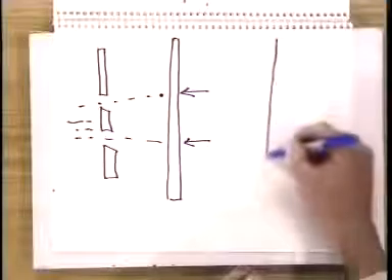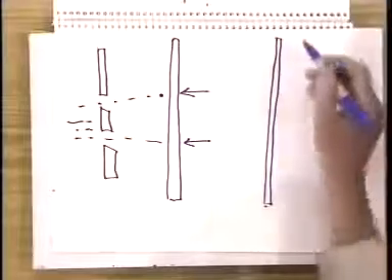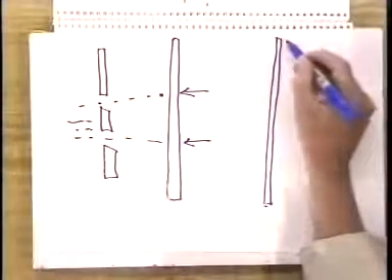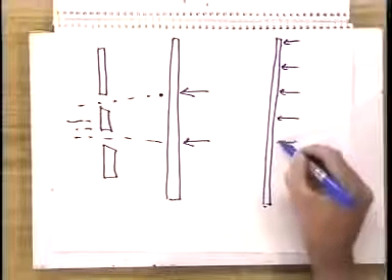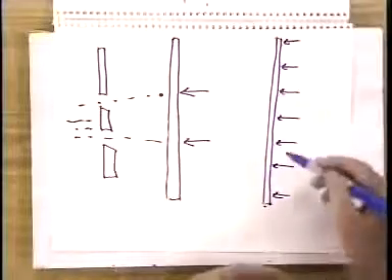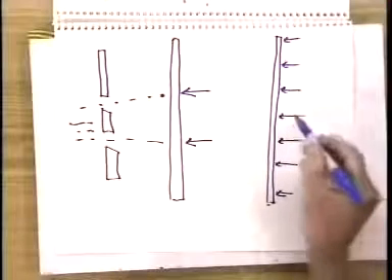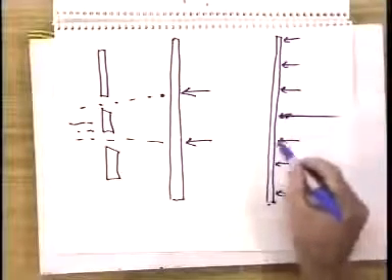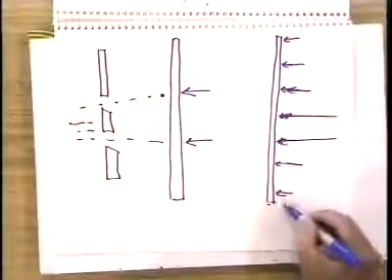If you arrange your experiment properly, what in fact happens instead is that you find that you will end up detecting these bullets or atoms at regularly spaced intervals all along the screen. In fact, all along the screen, all the way out to infinity in both directions, but that you'll find most of them here, and it will rapidly drop off, going out in both directions.